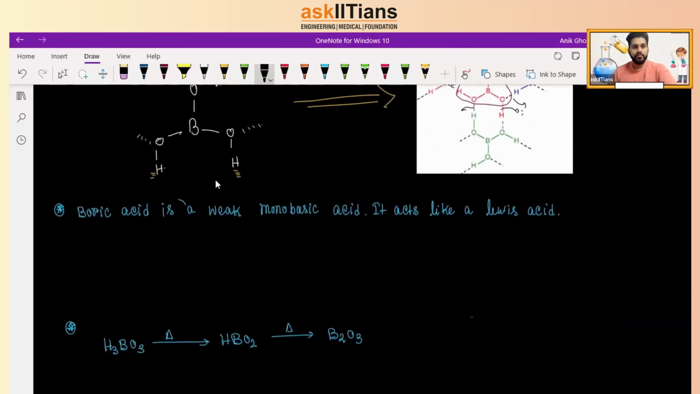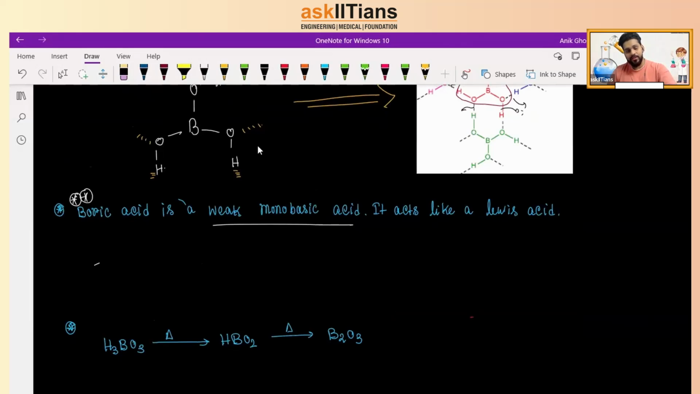Now, a very, very important question that is always being asked. Boric acid is a weak monobasic acid. Very, very surprising fact. Because people would have thought that if H3PO3 can be formed as 3H+ and PO3 3-, why not H3BO3 breaking down into 3H+ and BO3 3-? Guys,